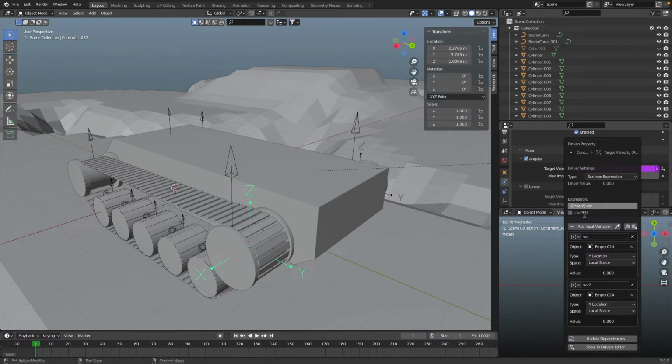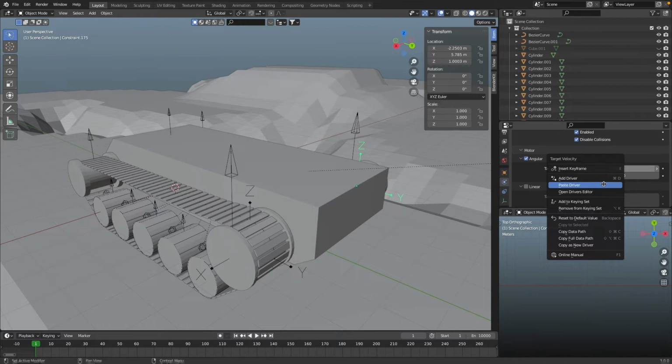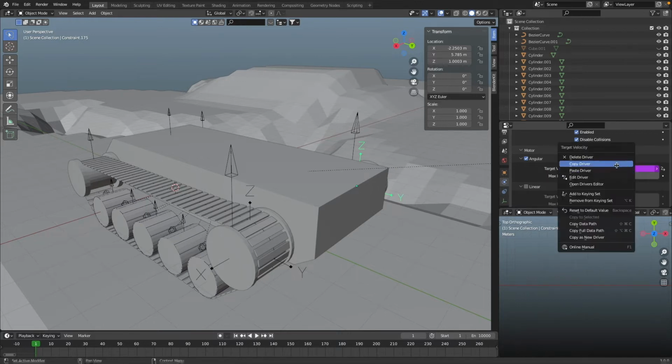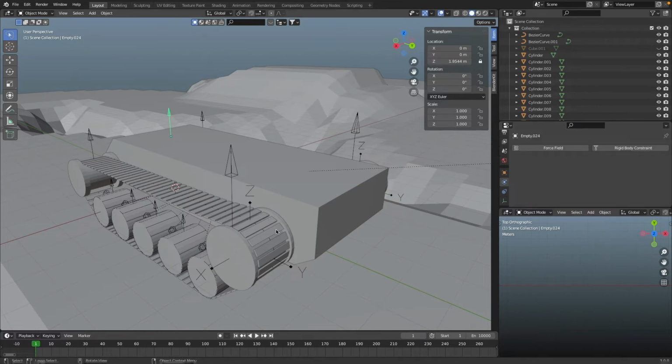Before we move on, you might want to set this to minus. And you're going to think, oh god, do I have to do all of this all over again on the other side? But no, as you can see, I just copied it and I can just right click paste. But there's a little problem. If both of them are set to minus 2 times var2, before you play, always remember, always, to save it.